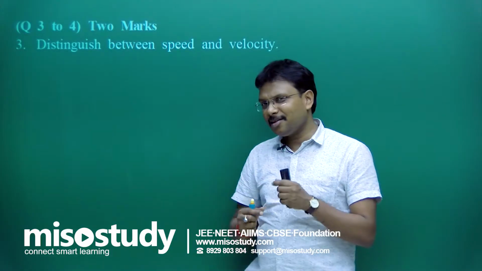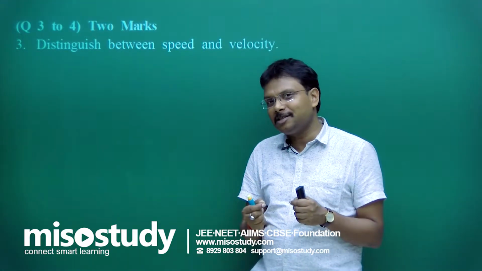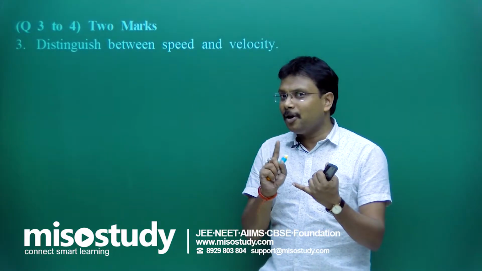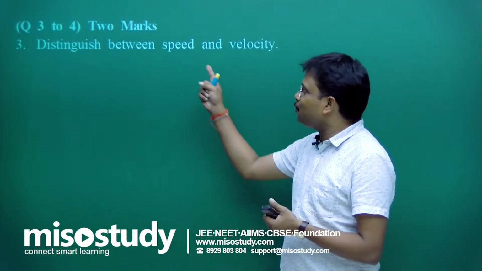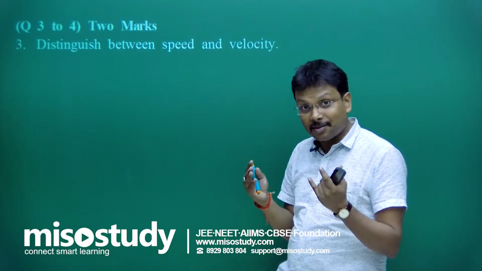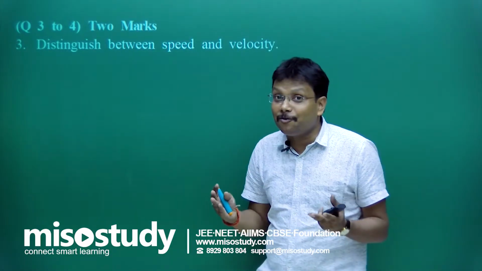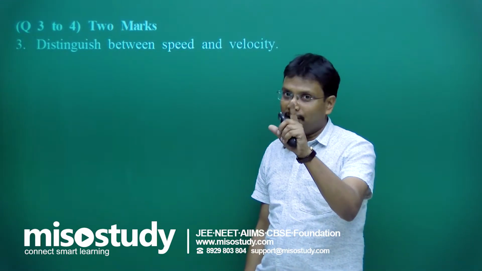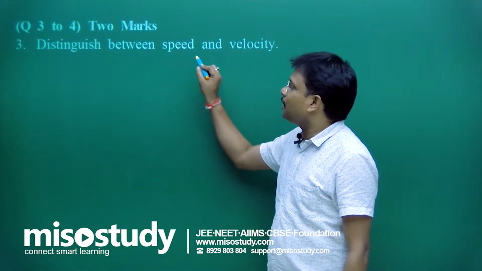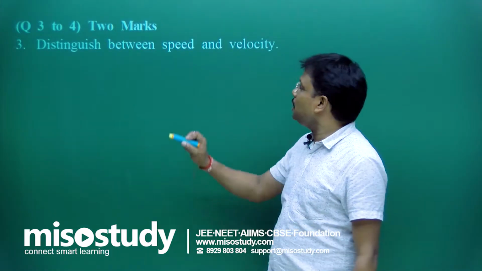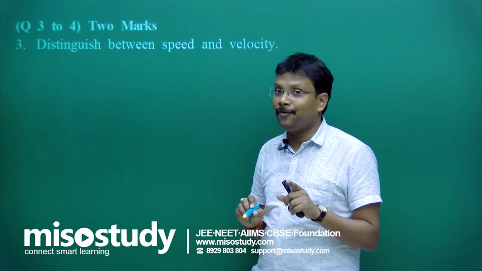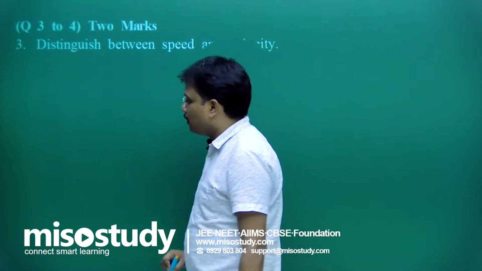Now you can say, sir, all these things are correlated. You started with speed, then you came on to velocity indirectly, and then you are correlating these two. Yes, I elaborated enough. Now you can write down at least 4-5 words. Speed is a scalar quantity while velocity is a vector quantity. Fine. So simply, you can write down like this: